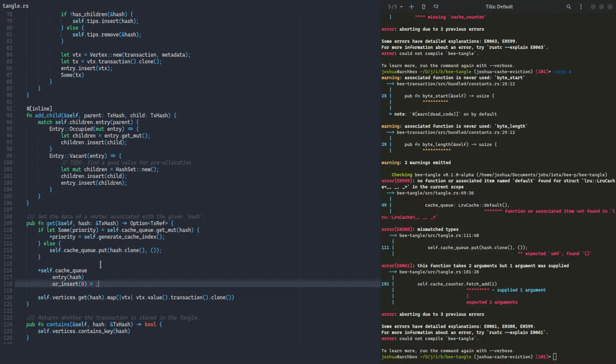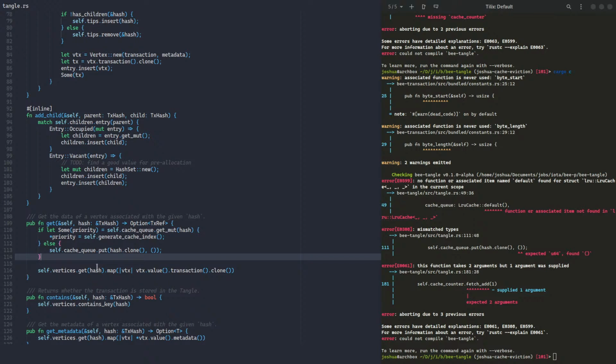But because that isn't the case, at the moment I'm just going to do this to insert,